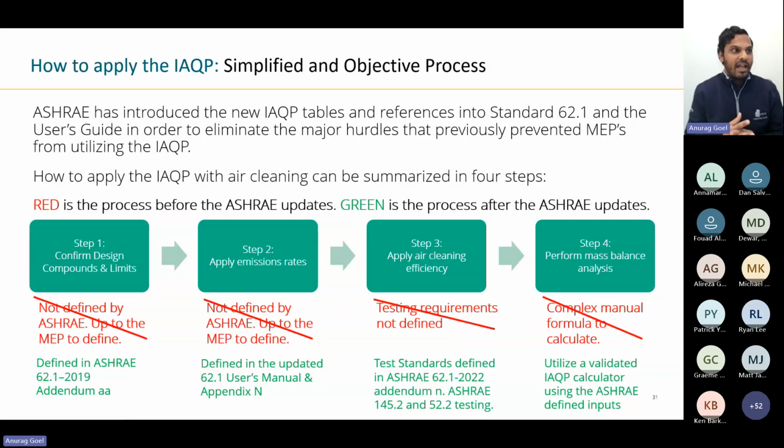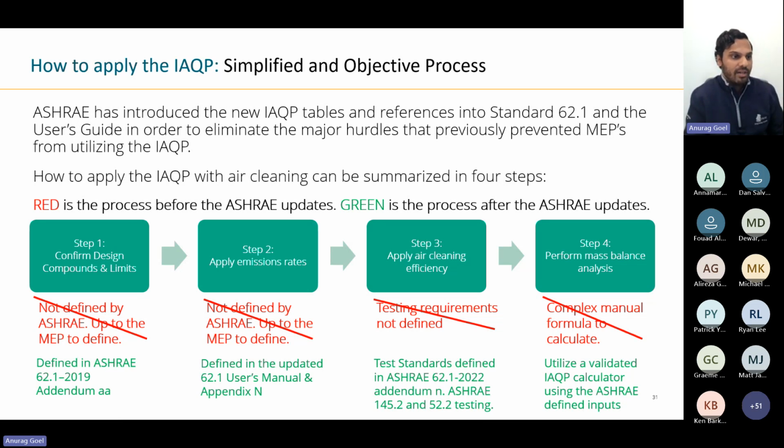The third step is to apply air cleaning. To apply air cleaning, we need to know how efficient my air cleaning system is against the contaminants that we identified in step 1. Air cleaning efficiency testing requirements were previously vague and not properly defined by ASHRAE. ASHRAE has since published really rigid and robust requirements for how air cleaning efficiency should be measured, so that you as a designer can feel confident applying air cleaning in your ventilation system selection. That air cleaning efficiency comes from a third-party test that's prescribed in Addendum N